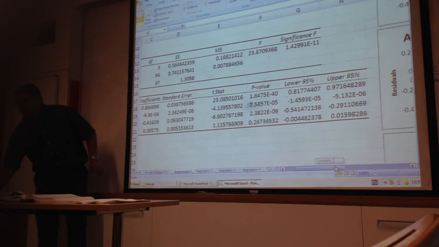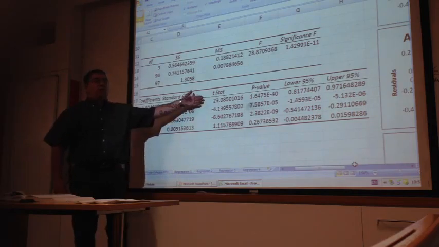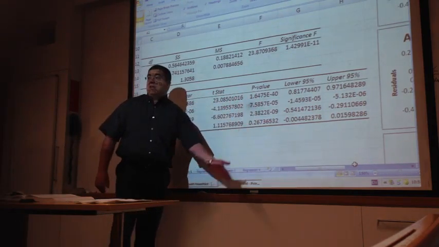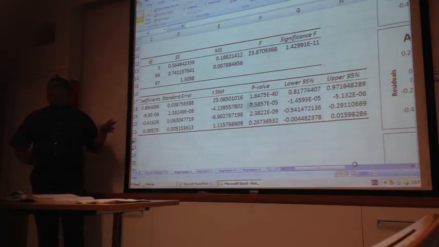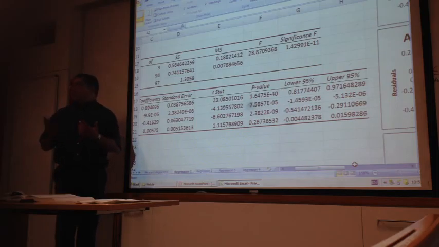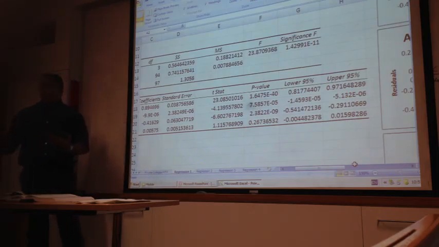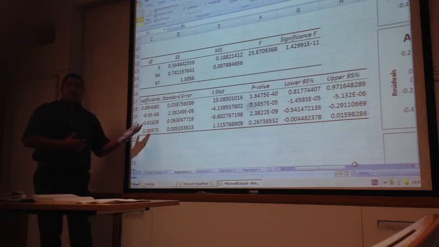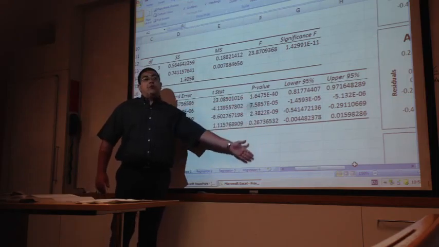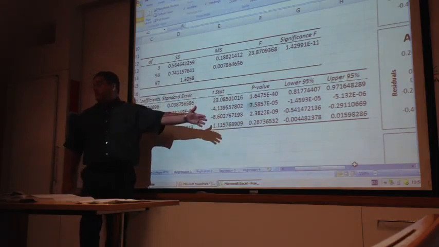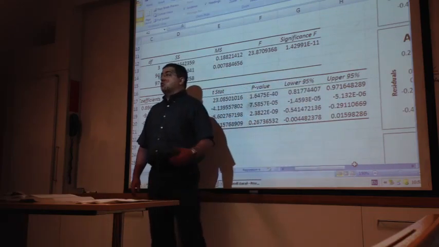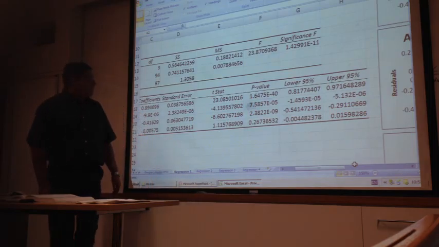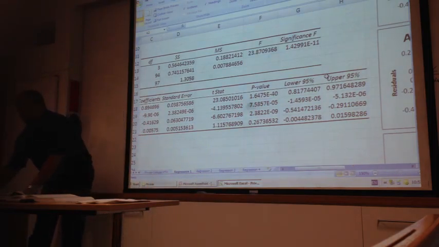Either look at the t-stat, and we want it to be very high, so that it is in the rejection area, because what we are testing is whether the coefficients are equal to 0 or not. If they are equal to 0, they are not significant. We cannot predict the dependent variable on the basis of their independent variable. We look at the p-value, and we want it to be as close to 0 as possible. Or we look at the confidence intervals, and we want it not to include 0. So in this case, if we look at the first variable,